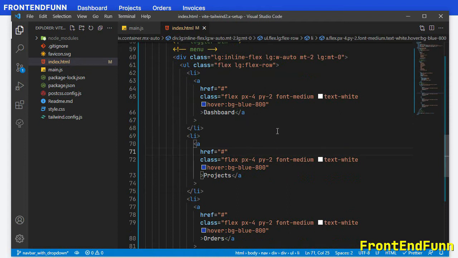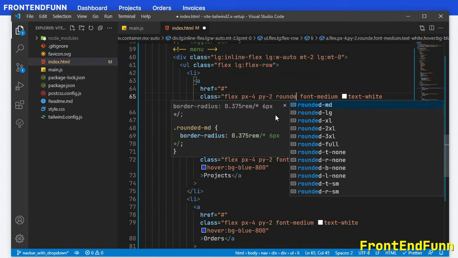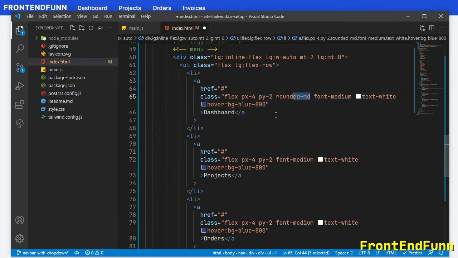Next let's add some rounded corners for all the elements, so rounded-md, I'll just copy this.